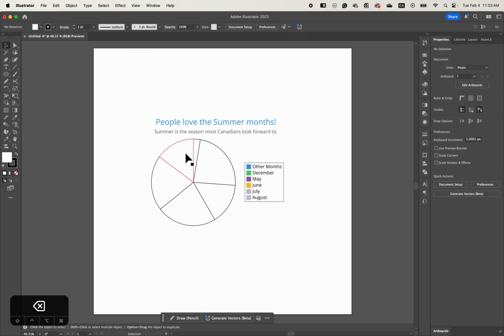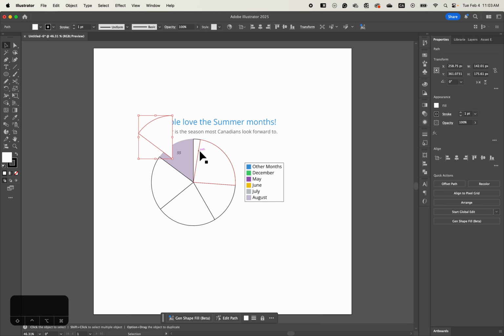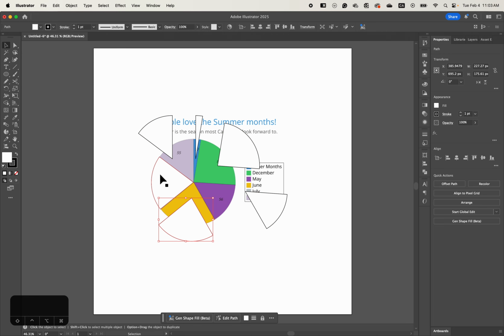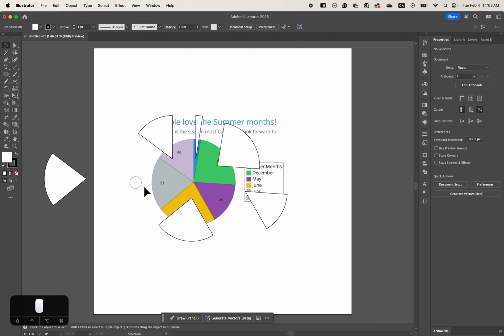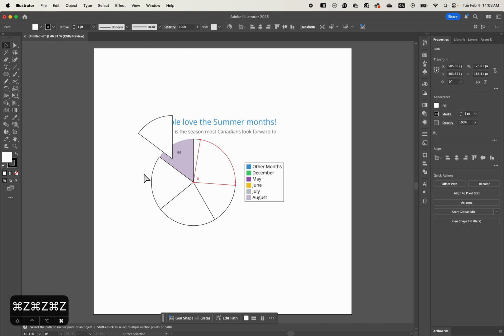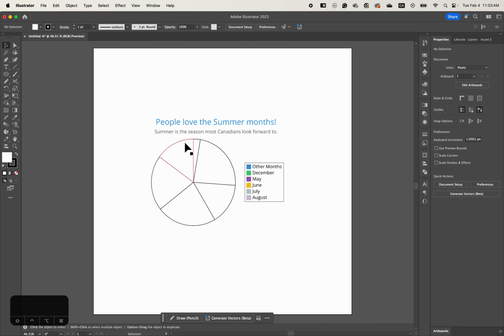Okay, so now I have all the slices. The circle is gone. I don't have the circle anymore. As you can see, when I move the slices, I don't have the circle anymore because I did my operation. So here it is. Here's my